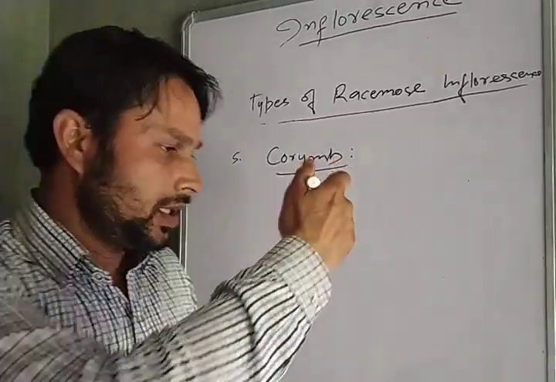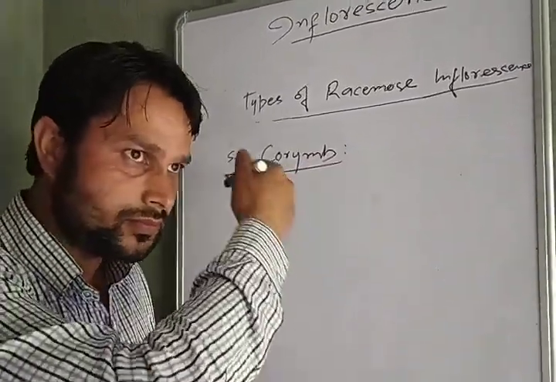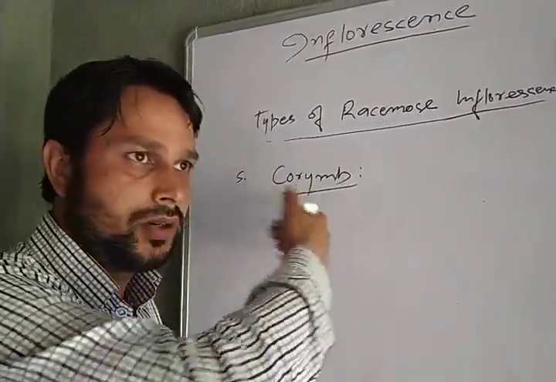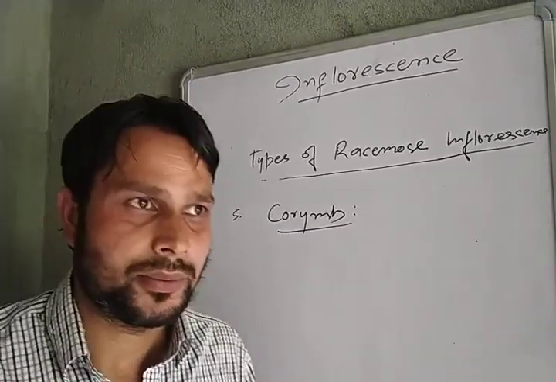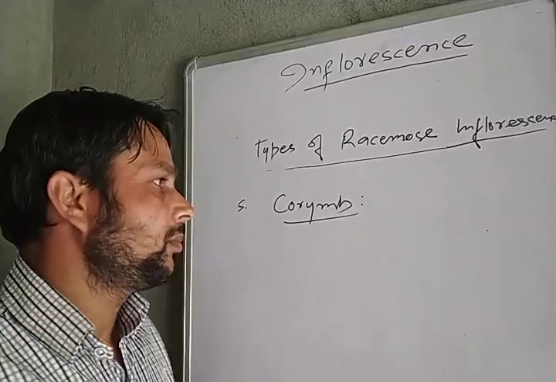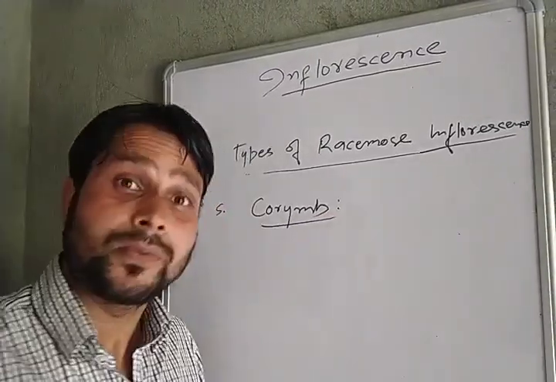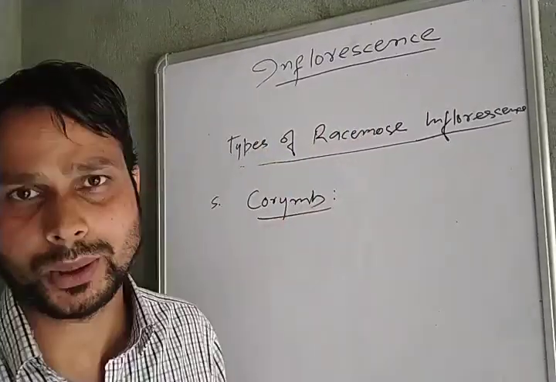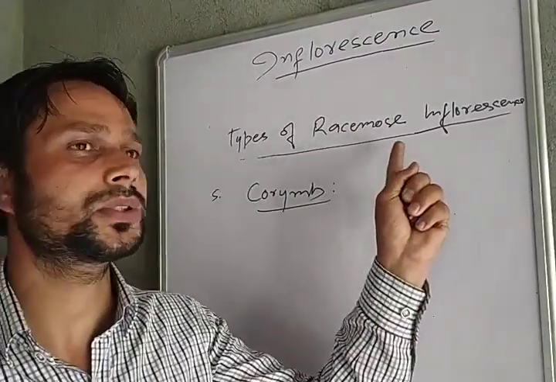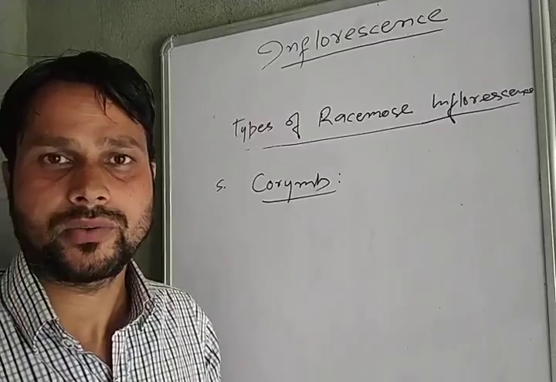I have already learned spadix, catkin, spike, and so on. Now, what is the corymb type of inflorescence? Here the flowers remain pedicellate, all with acropetal arrangement, okay, because this is a racemose type of inflorescence. We know that in racemose inflorescence there is an acropetal arrangement of flowers on the